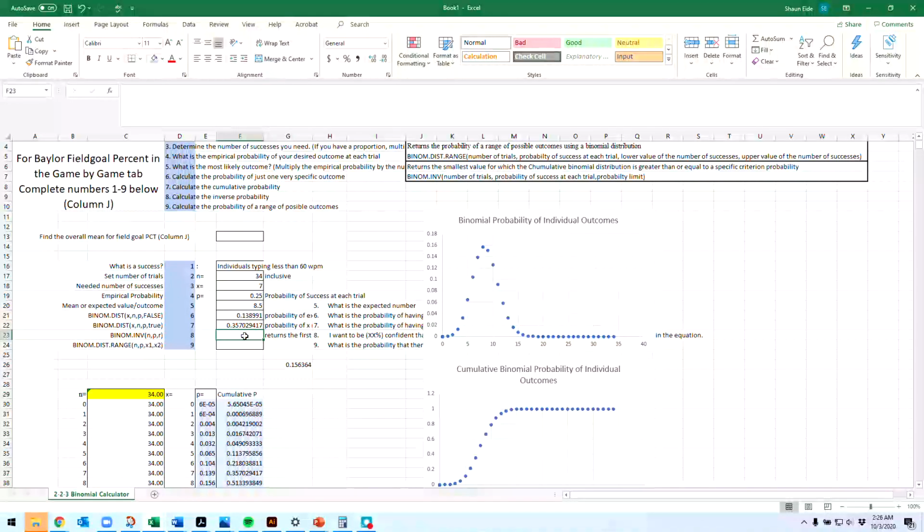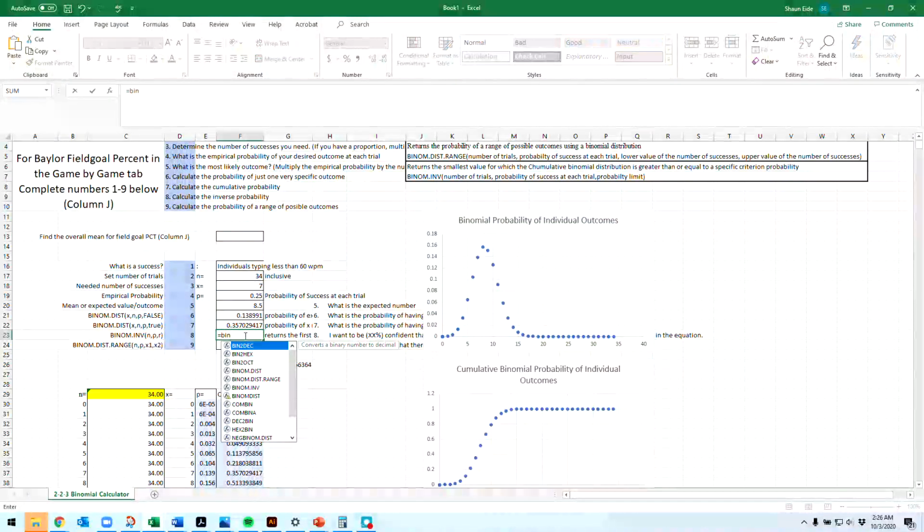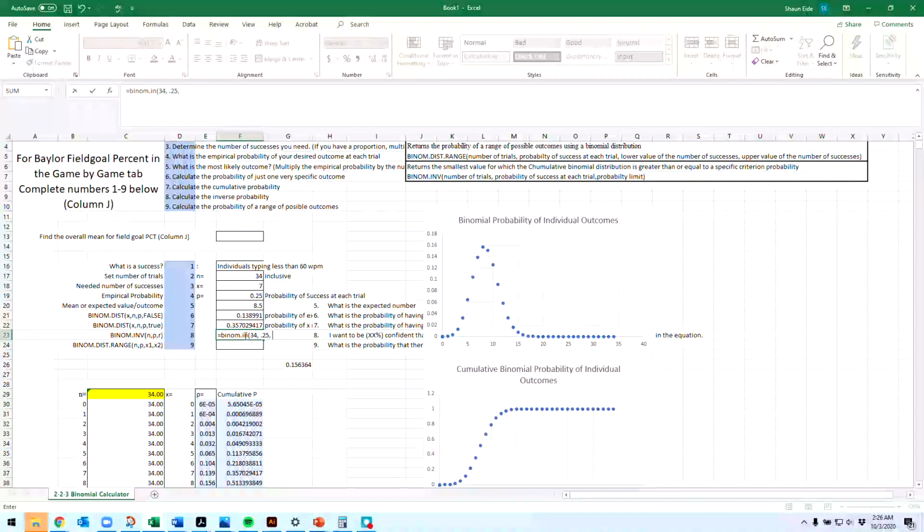Next, with the binomial inverse, we've got equals BINOM.INV, and I'll show you what this does. We've got the number of trials, which is 34. Then we've got the probability of success, which is 0.25. And then we've got something called alpha. Alpha basically says how confident we want to be. So if I say I want to have 0.99,